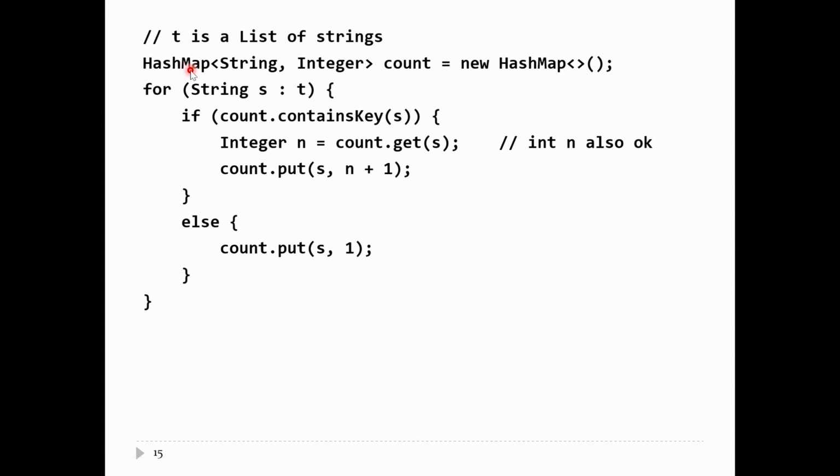So I'm going to make a map. My keys are going to be my strings, so the words in the list, and my value is going to be an integer, the number of times each word appears in the list. So I'm going to call my map count. And now I'm going to loop over the strings in the list. So for each string in the list t,